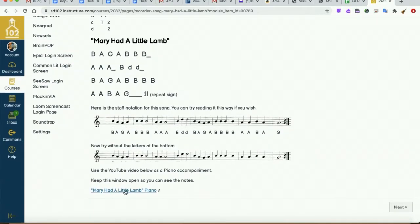They even have a piano link over here. When I click on this link, you'll see that a YouTube window opens and they'll hear me playing the piano, and then they have to come back to this window and play along. So let's see if I can get that to work on here. So I click on that, and that opens up, and I go back to here,